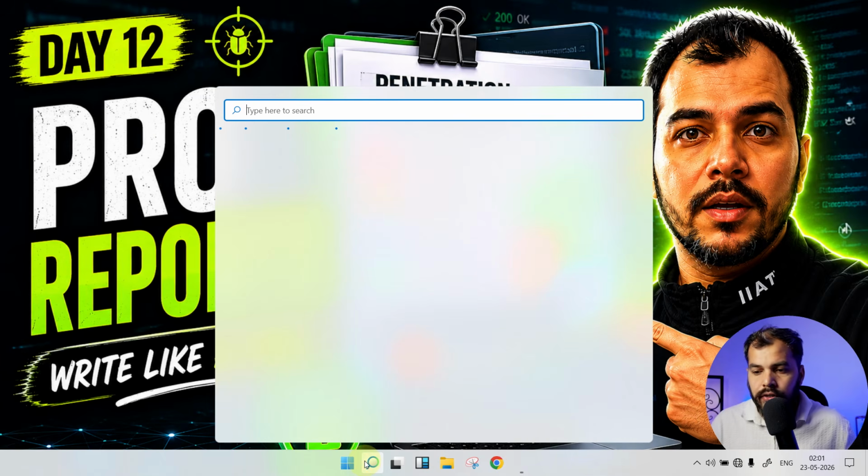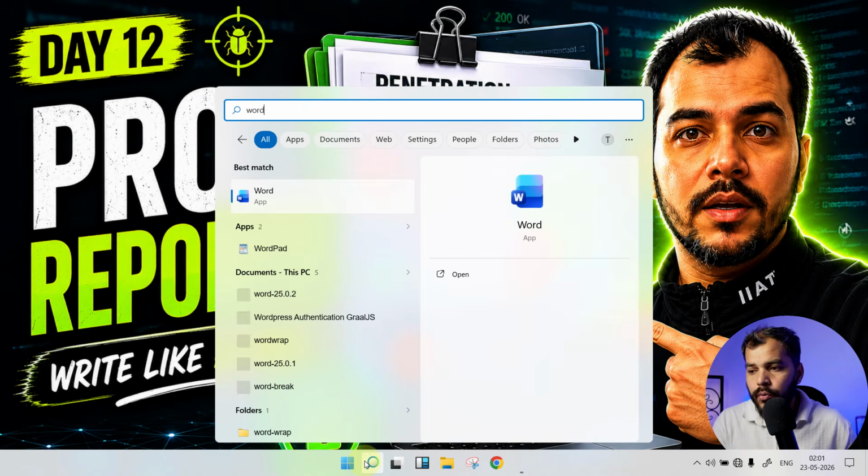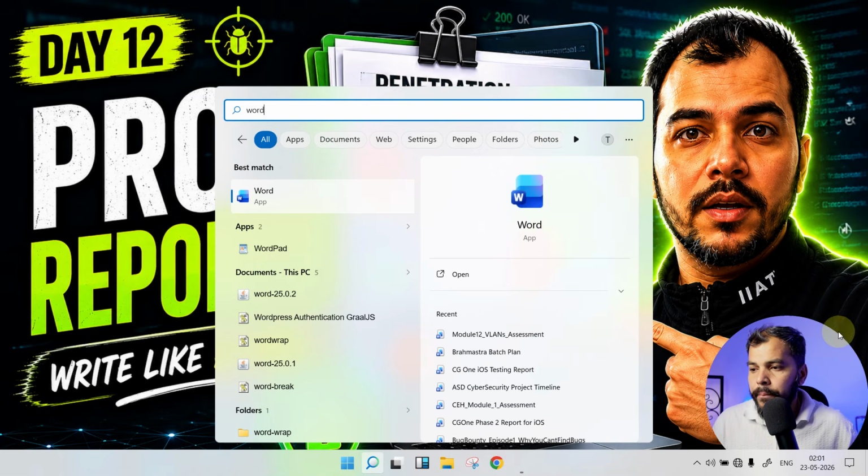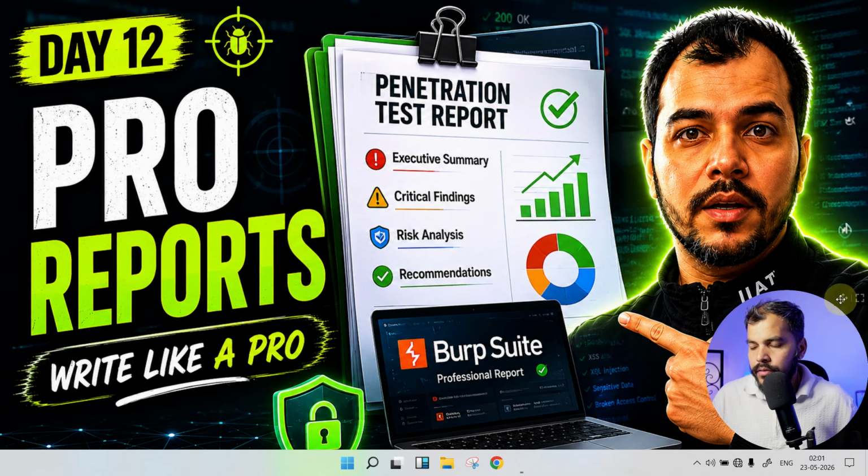So the first thing that you have to do is open your Word file. Here we will make use of AI also, because AI gives us a lot of input regarding this. I will just move this camera over here. Okay, now there are certain parameters, certain fields that you need to mention in